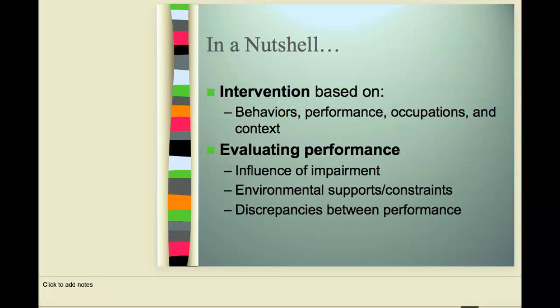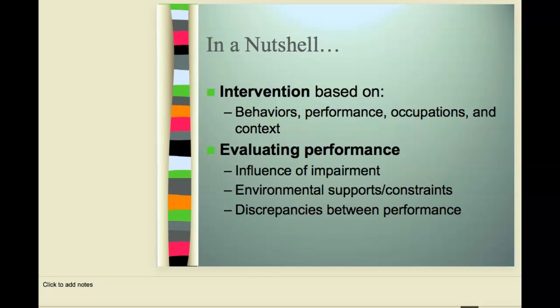In a nutshell, here you go. Intervention is based on behaviors, performance, occupations, and context. So we need to be thinking about the behaviors of the child, how the child performs in different areas, what occupations they are successful at, and what is the context that they're working in. And again, I cannot emphasize this enough, because we're one of the few disciplines that looks at the context of the individual, right? So when we evaluate, and you'll be doing much of that next semester, we'll be looking at